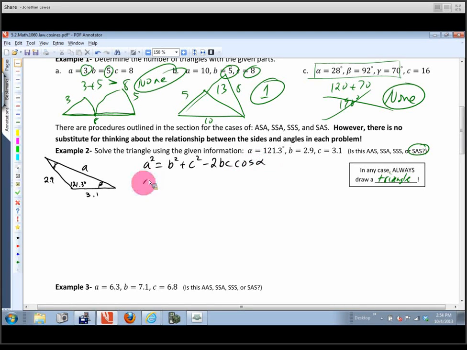So in this case, I've got a squared equals 2.9 quantity squared, plus 3.1 quantity squared, minus 2 times b, 2.9, c is 3.1, and then the cosine of the angle that created that side we're looking for, 121.3. All right. So if I want to know what a is, I'm just going to take a big square root of that. So I'm going to take the square root of both sides, and I get a equals,